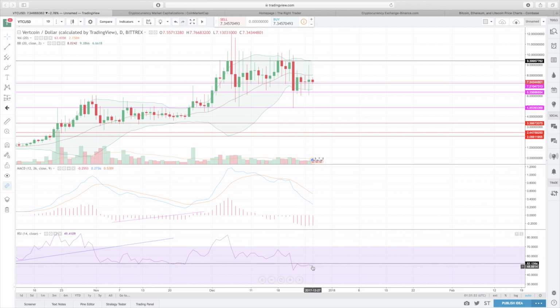Dipping a little bit lower and starting to lose this 50 line on the RSI. MACD has been going down for quite some time in a pretty overextended way, so I think we're going to get some kind of bounce here pretty soon. And as far as the price action goes, it's really just in a very indecisive pattern right now. Just a couple days ago, we were trading pretty nicely, moving into the upper parts of this range. Now that kind of stopped, and we're really in the exact same formation as we were over here, right, where